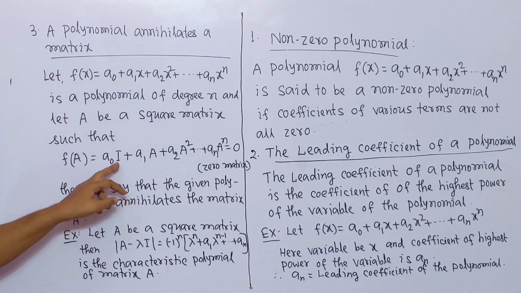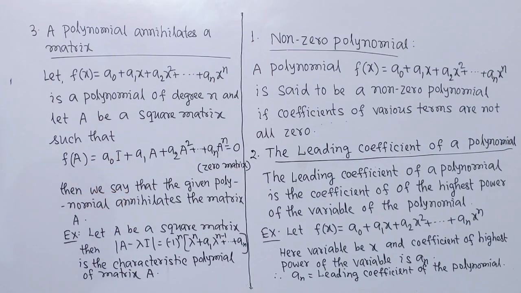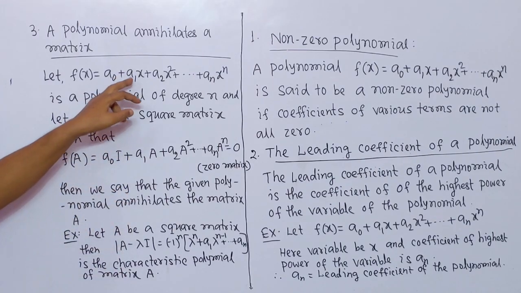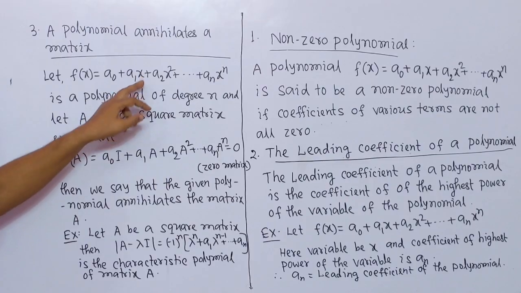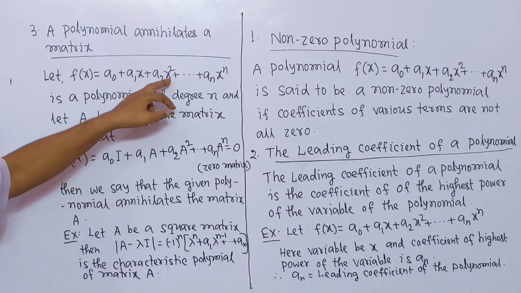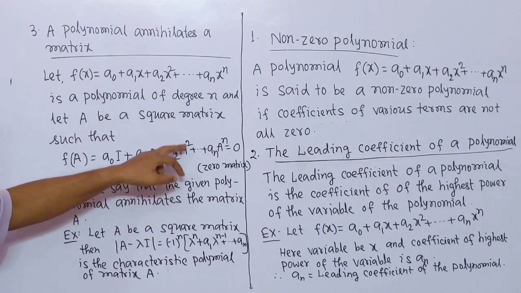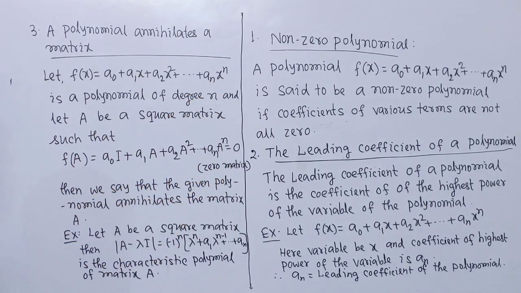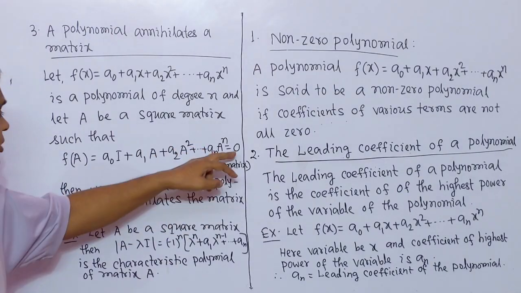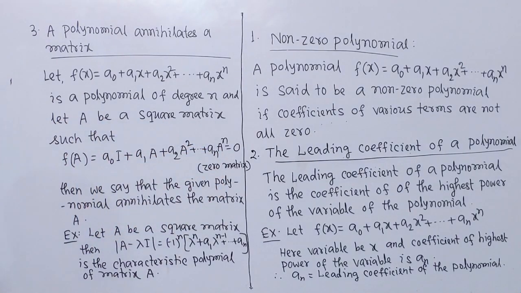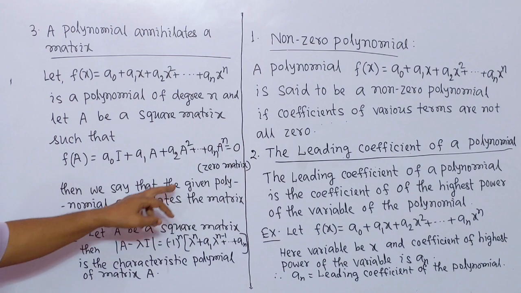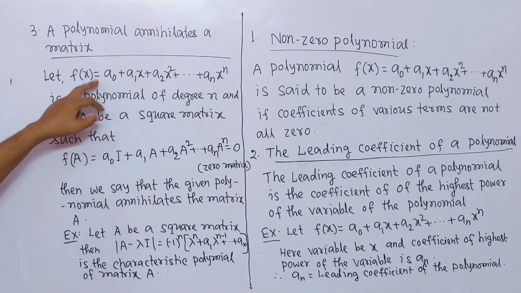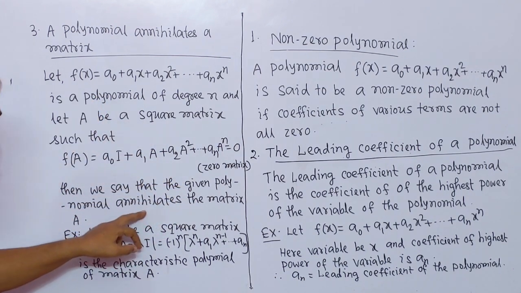We write here in terms of matrix, unit matrix I, plus a1, in place of x we write A, and so on. And if this is equal to a zero matrix,